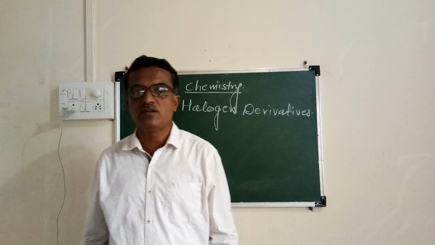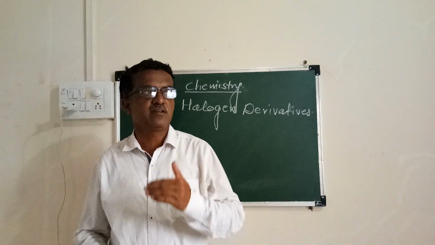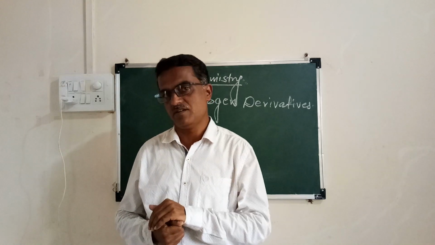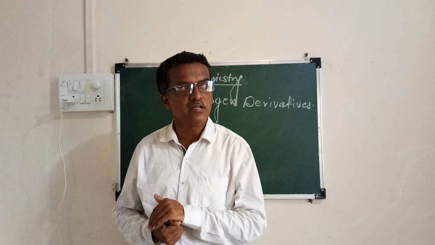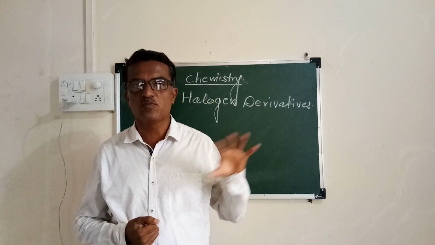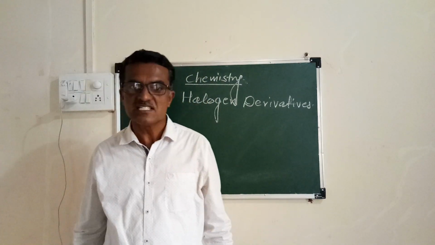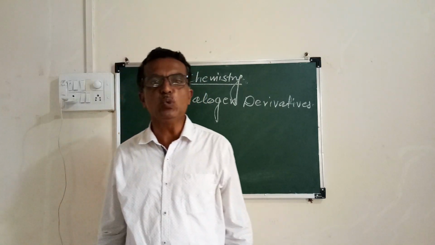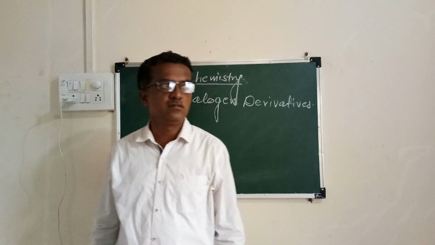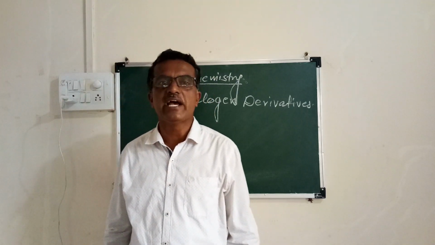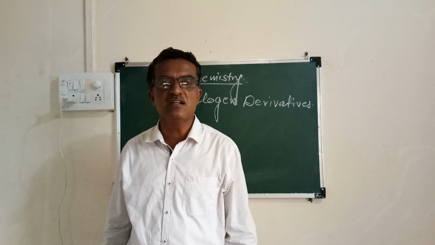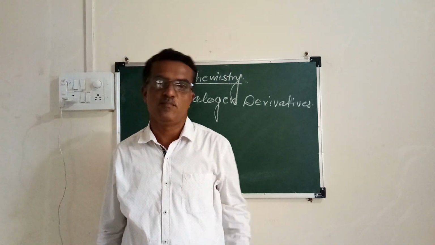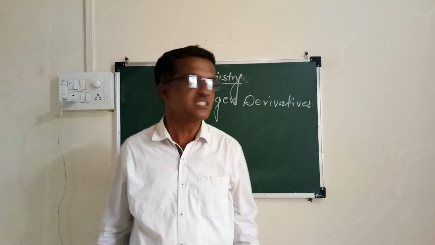Now the first important question which is included in your syllabus or which may be asked in your board examination: what are halogen derivatives of alkanes, and give their classification. In NEET or JEE examinations, different types of questions may be asked on this classification. These halogen derivatives of alkanes are classified into two main types. First is the carbon skeleton to which the halogen atom is attached, and second is the number of halogen atoms present in that particular molecule.